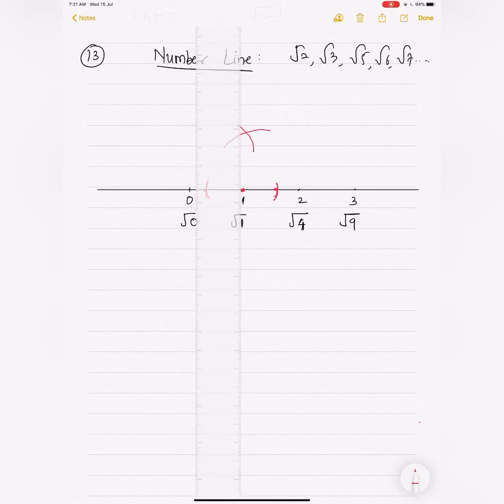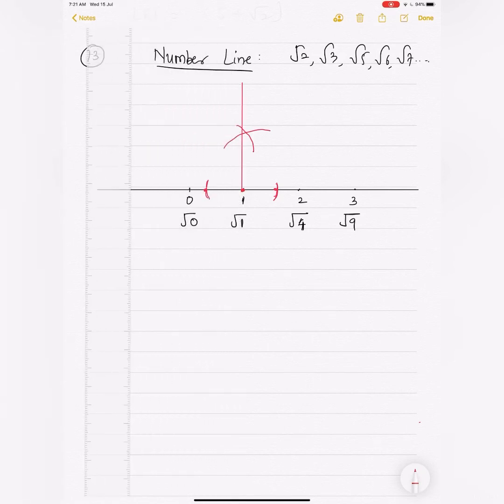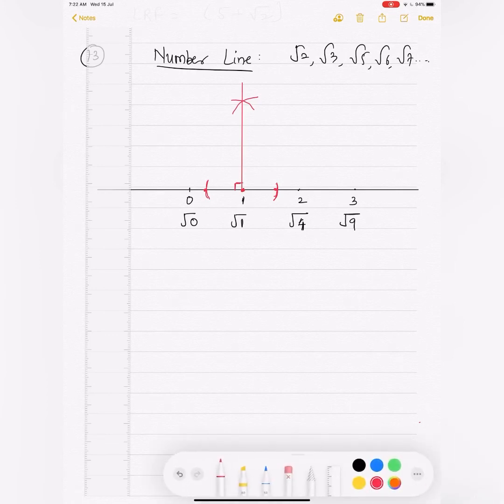I'll repeat once again. Mine is a rough sketch, so it will obviously not come properly. It is supposed to come like this, 90 degree out here. But as I said, mine is a rough sketch, so I'll do one thing. I'm just erasing these lines right now, and I'll make some construction here only, just to show you all how I did it. So I'll mark one line like this and another arc like this. So this gives us what? 90 degree.